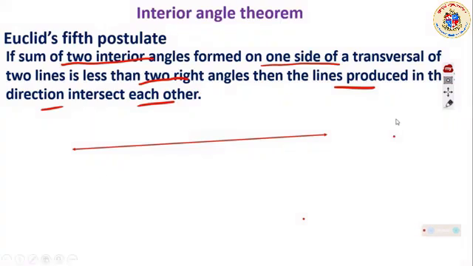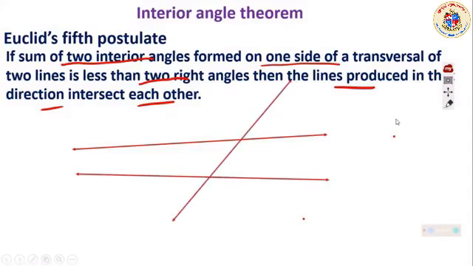If there are two lines like this and there is a transversal, then in such a situation, if the angles formed on one side is less than two right angles, what does it mean? A right angle has a measure equal to 90 degrees. Less than two right angles means less than 180 degrees, right? In that case the lines produced in the direction intersect each other. So in this case, if their sum is less than 180, the lines on the same side,